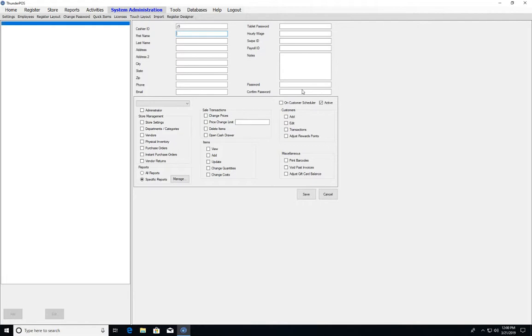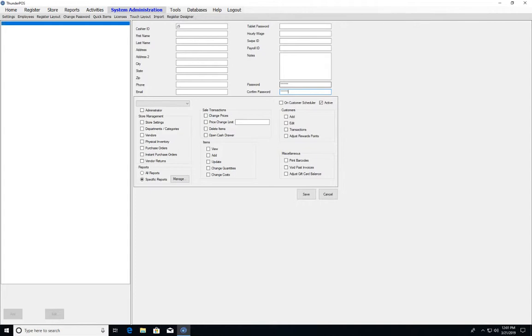Which can also be very useful for payroll purposes to make it easier to track, particularly if you're doing the hours and wages feature in the software. So if you're doing that or the scheduling features, we would pretty highly recommend setting at least their first and last name, but you do not have to. So we're going to set this employee up with